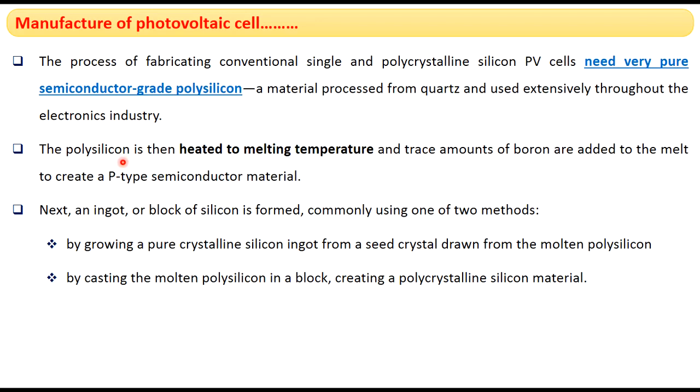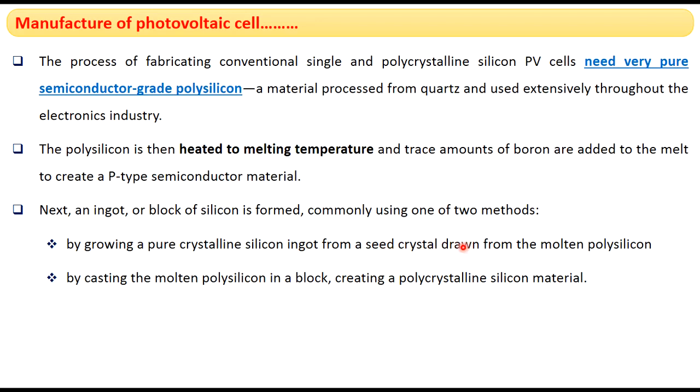In the first step, the polysilicon is first heated to its melting temperature, and then small trace amounts of boron are added to it for creation of p-type semiconductor material. Next step is the formation of a polysilicon rod or polysilicon ingot. This occurs in two methods. The first method is growing a pure crystalline silicon ingot from a seed crystal which is drawn from the molten polysilicon.